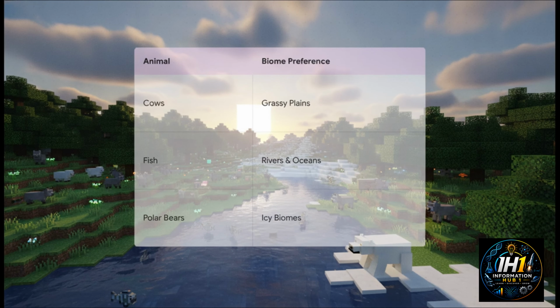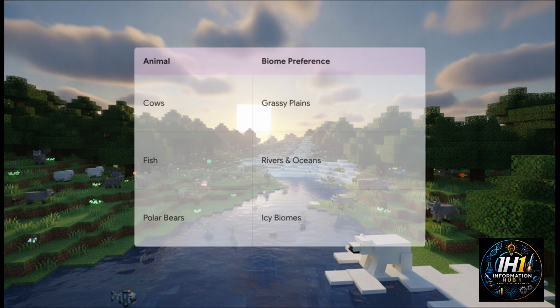The exact same goes for the animals. Spawning is strictly tied to those environmental rules we just talked about. Cows and sheep are going to spawn naturally in the grassy plains. Wolves stick to the forests, and polar bears are mathematically bound to icy biomes. The game constantly scans your surroundings in the background, making sure creatures only pop up where they actually belong in